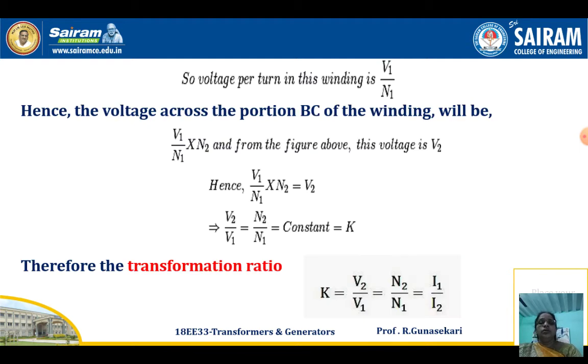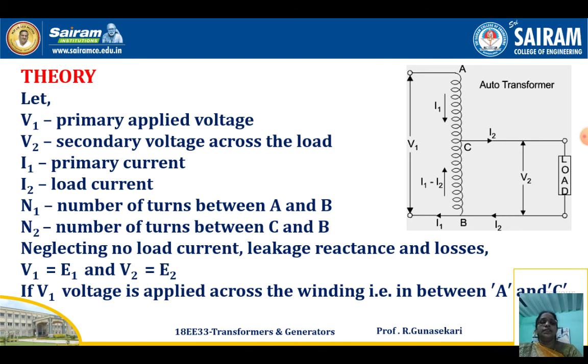In the circuit, you see, I1 current is flowing through the winding AC in the downward direction. I2 is flowing through the load circuit. But what is the current flowing through the winding BC? That is the BC winding part. Now you see, consider the junction C. The I2 current is leaving and the I1 current is coming. So that's why the current is I1 minus I2 only.